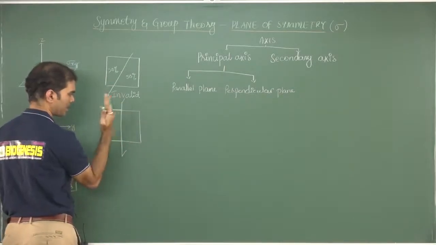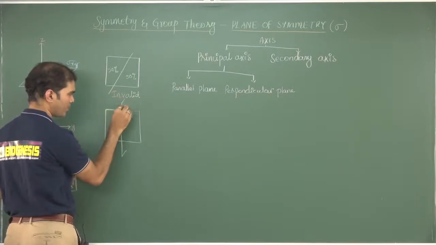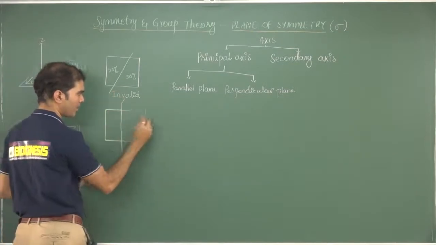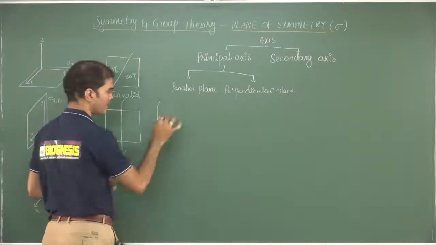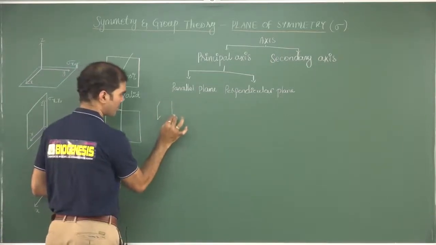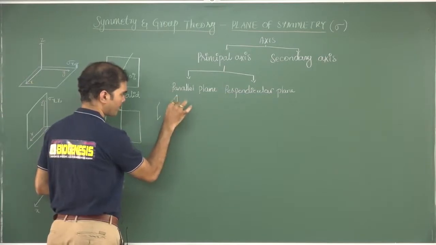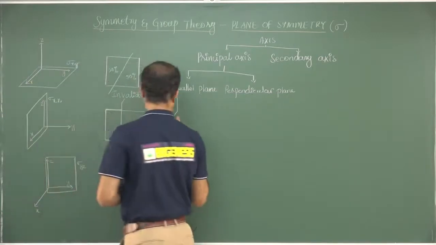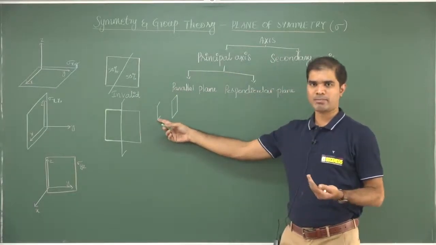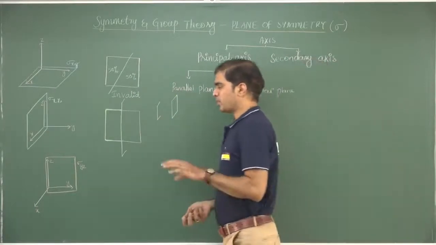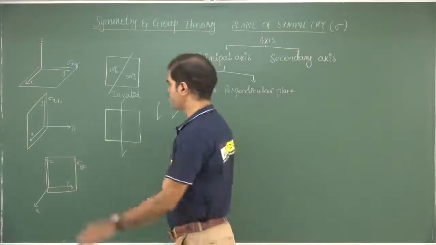This is the xz plane. Either I can put the full plane or I can simply represent it by half. Suppose I want to represent xz, I can simply represent it this way, or I could even represent it this way. They both mean the same. Either this is xz, this is also xz. Half a representation is much more convenient, and we always stick to convenience, right?